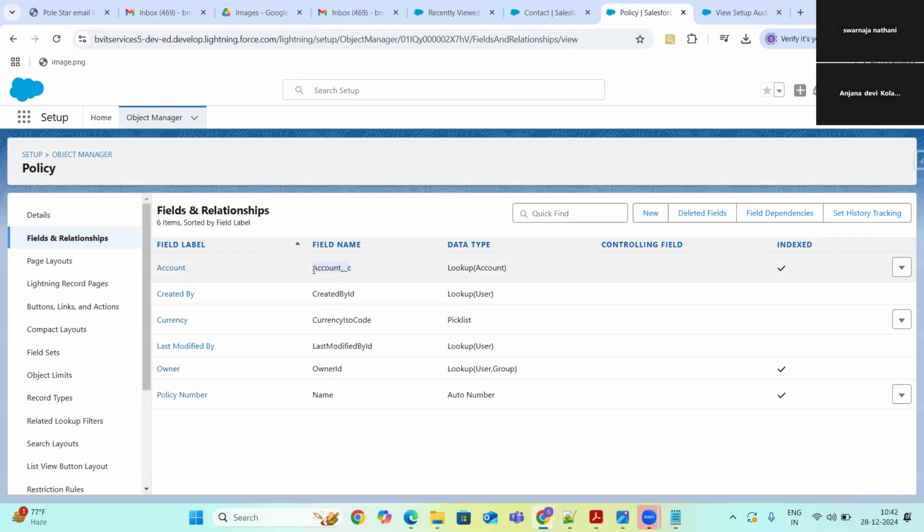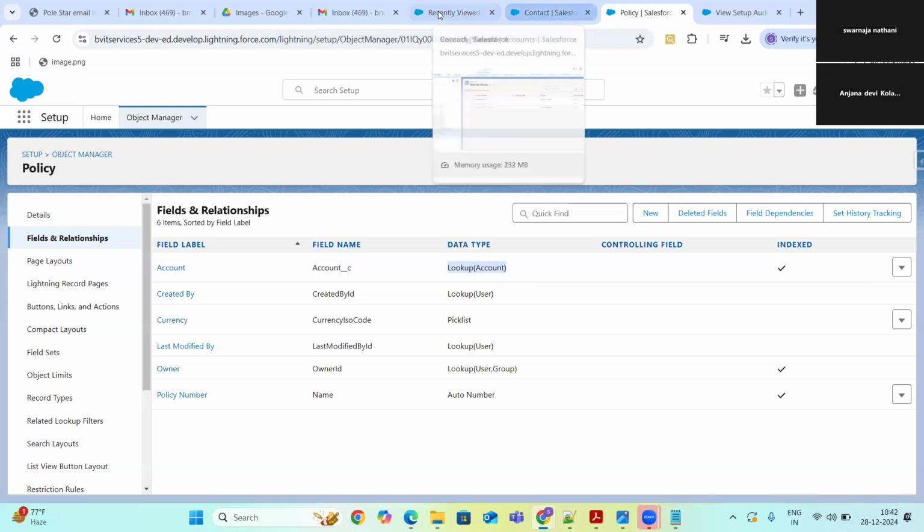That means the field is created by a user, a developer, or an admin. Now my policies and accounts are related. How are they related? Using the lookup relationship.